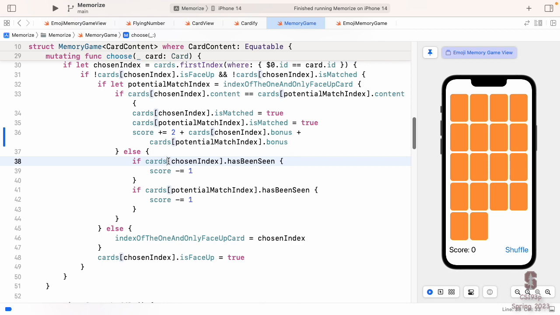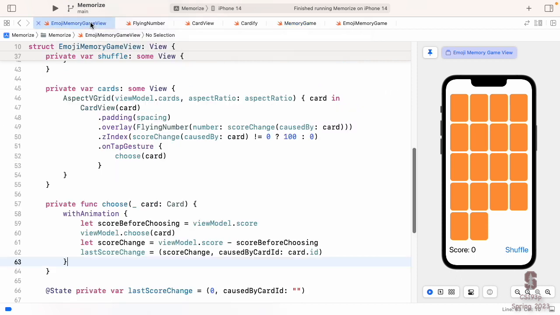If you match the cards quickly, you're going to get a lot of points, and you're going to see this because our flying number is not going to just be +2. It's going to start saying +7, +10, maybe +12 if you really quickly match them right up. So we'll see that happening.